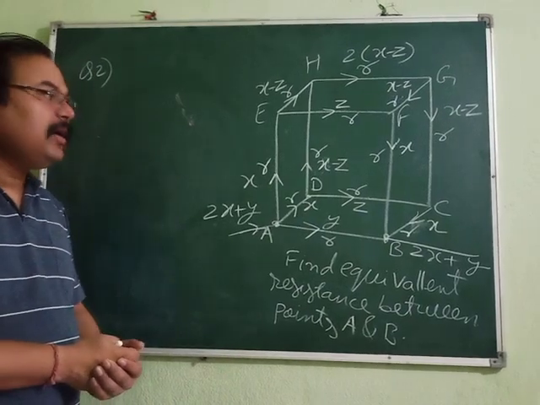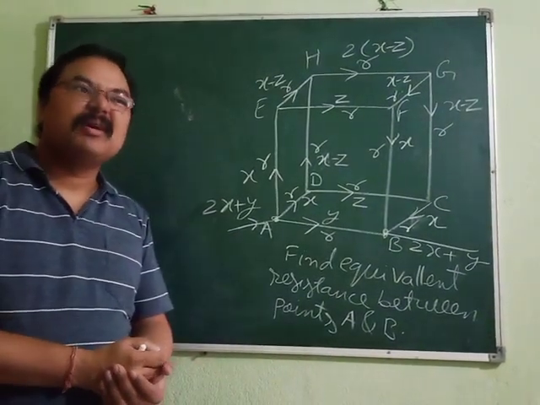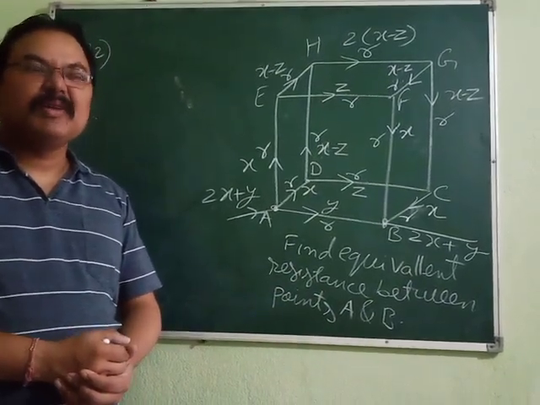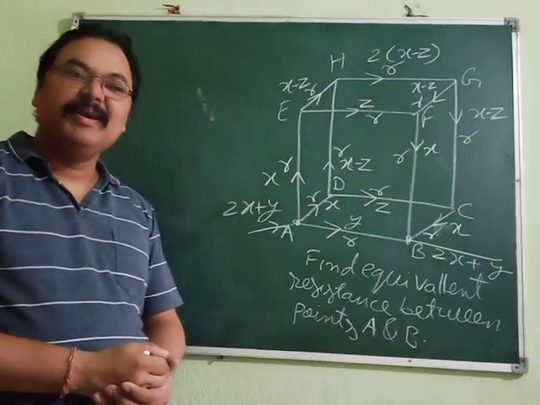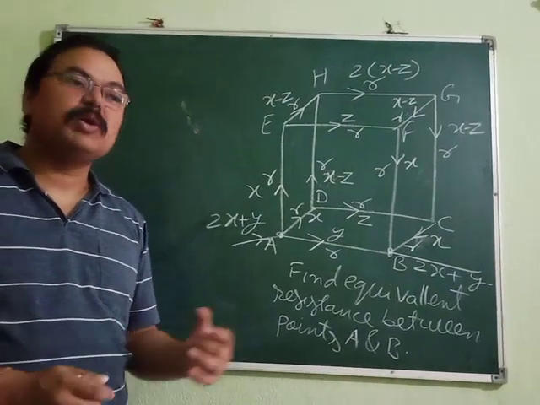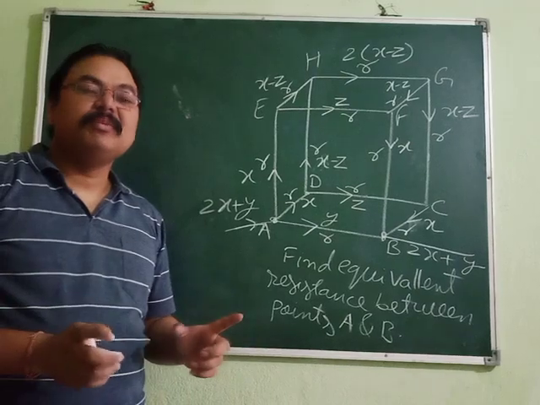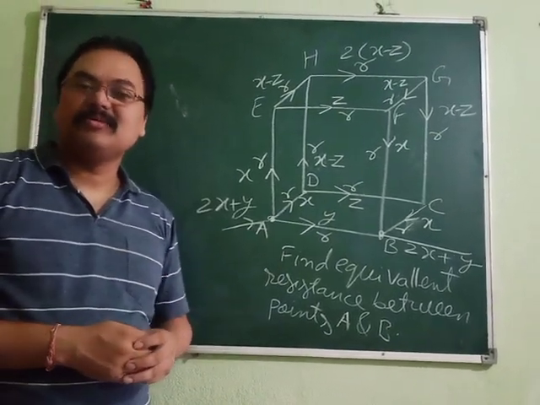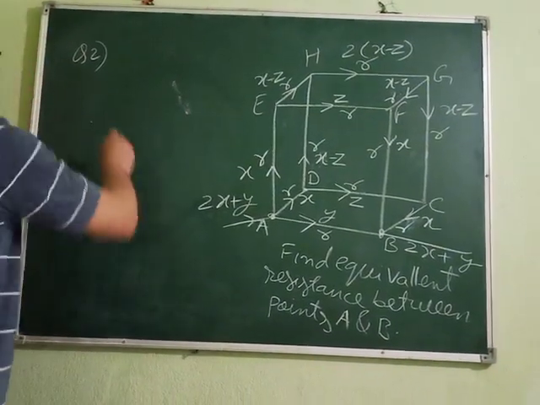Okay, don't worry while indicating the direction of current, because if by mistake you indicate the opposite direction of current, then what will happen? You will get the answer of the current as negative. If you are getting negative, that means the direction you have marked is opposite to the actual direction of current. So don't worry much about it, but remember, whatever direction of current you are taking should be properly considered. Okay, now see, we are going to apply the Kirchhoff's